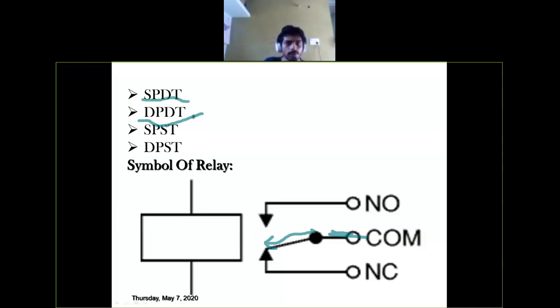If you want to switch multiple loads using the same sensor, like if you want to use the same PIR to switch on some 10 street lights, or switch on 10 home lights at a time, or 5 home lights at a time, we use DPDT so that we can reduce resources. If DPDT is there, you can switch on 2 loads at a time. And if SPDT is there, you can switch on 1 load at a time. So that is about the basics of relay. The next thing is I wanted to show you an animation where you will understand directly how this behaves.